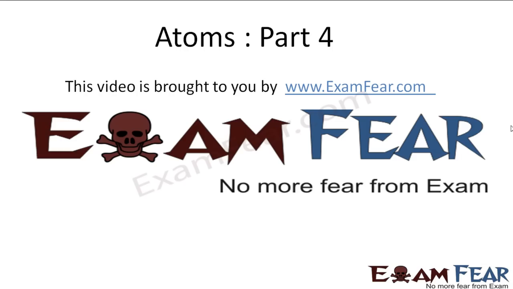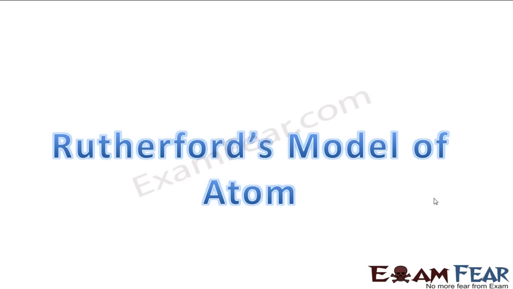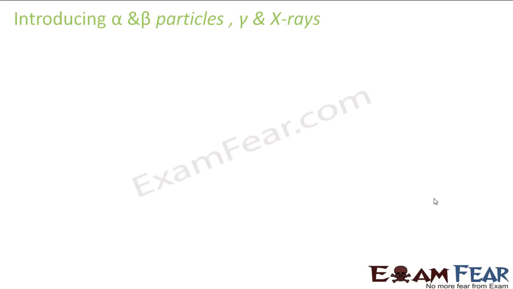Please make sure that you have watched all the videos till part 3 before going ahead with part 4. So after the failure of the Thomson's model, after a couple of years came up Rutherford's model of atom, and Rutherford's model of atom became a big hit because it was able to explain many properties. I mean, it was able to successfully explain and incorporate many things, because of which it was very easily accepted